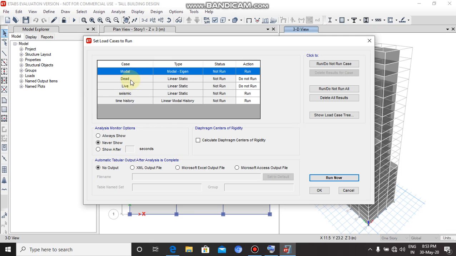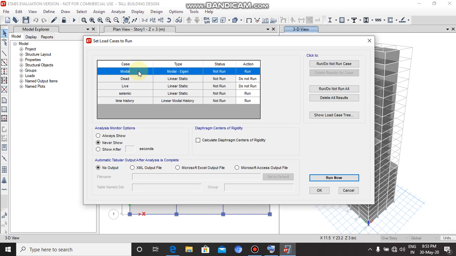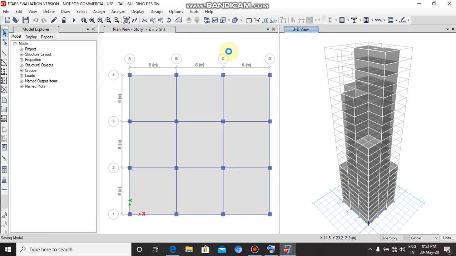Here we can see the dead and live load actions are already set to do not run. So now click on Run Now. It takes quite some time.